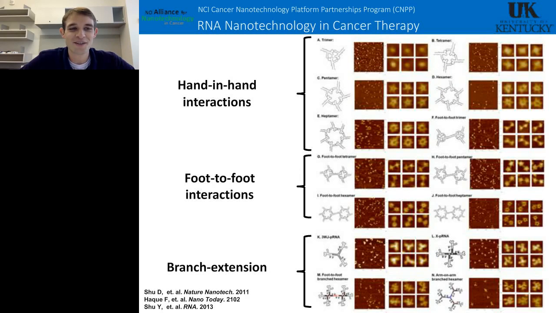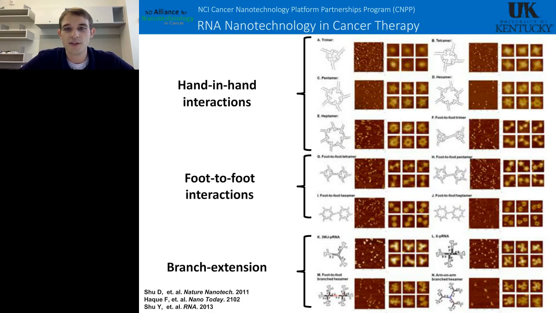So here are some nanoparticles that have been made using these 3 toolkits. We have some great collaborators at the University of Nebraska Medical Center, the College of Pharmacy, that have helped us to get these great AFM images of all these really cool looking RNA nanoparticles. You can see in the top, bracketed by hand-in-hand interactions, we can make trimers, tetramers, pentamers, hexamers, heptamers, all just based on base pairing of these loops that I just showed you.